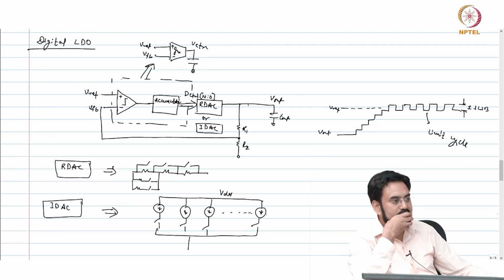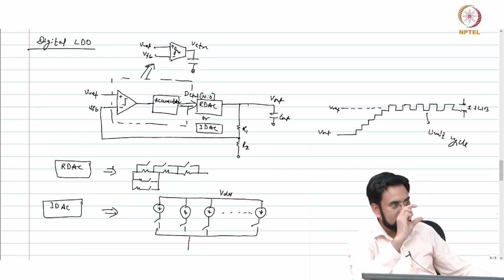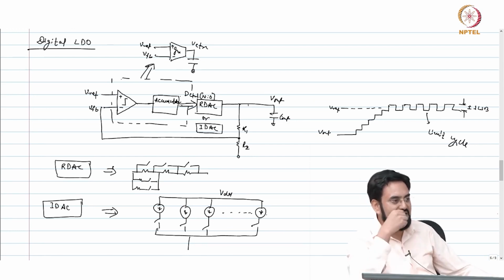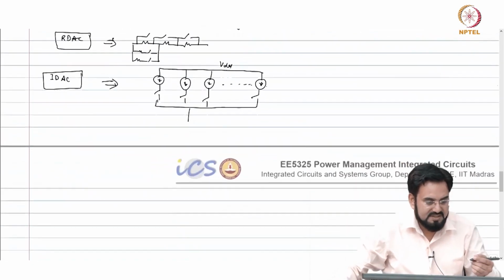You can use 2 comparators, windowed comparators, and if the resolution of your R DAC or I DAC is finer than the window, then it will settle. This problem is happening because this is a single bit, it is a 0 or 1, it has only 2 levels to go. Now, if you have 2 comparators, which is a 2 bit ADC,